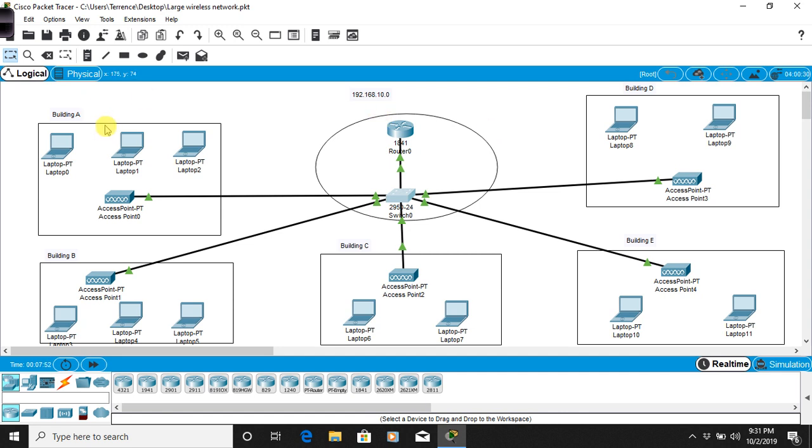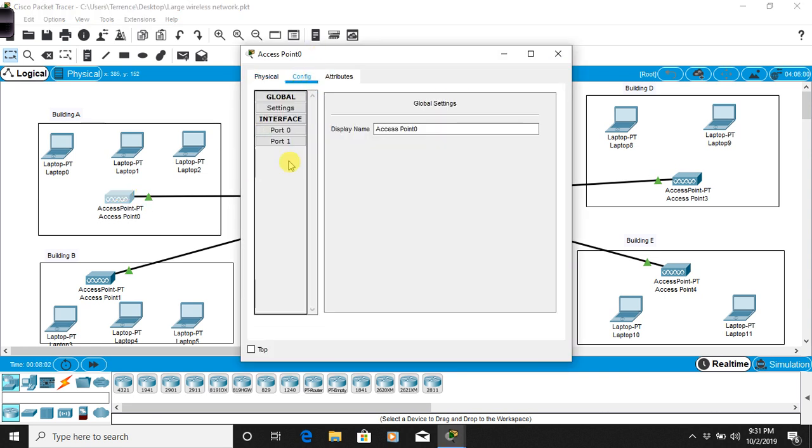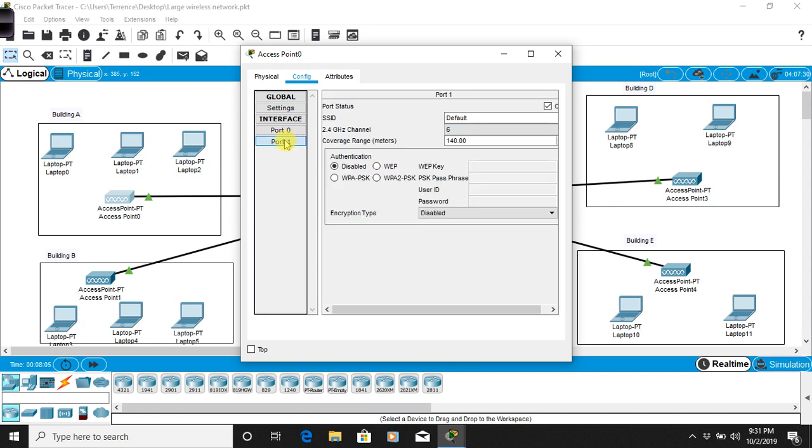Let's go to building A. We're going to start at building A. No, first we're going to go to the access points because we've got to set up the access points. Alright, so we go to the access points. Go to port 0, and we see this is where we set our SSID, what we want the broadcast Wi-Fi to be. So since this is building A, we're going to call it Building A_